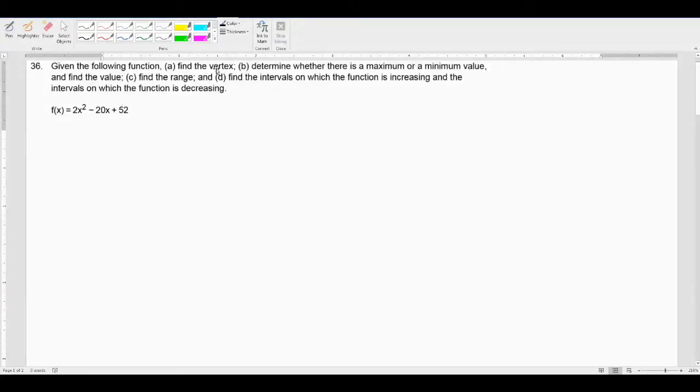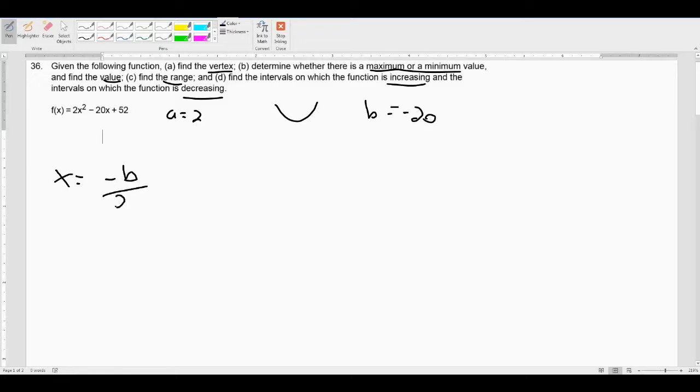Let's find the vertex, max or min value, range, and intervals of increase and decrease for this function. Now, since we know that a is a positive value, that means that it's going to have a minimum, and b in this case is negative 20. Let's find the vertex. We're going to use negative b over 2a